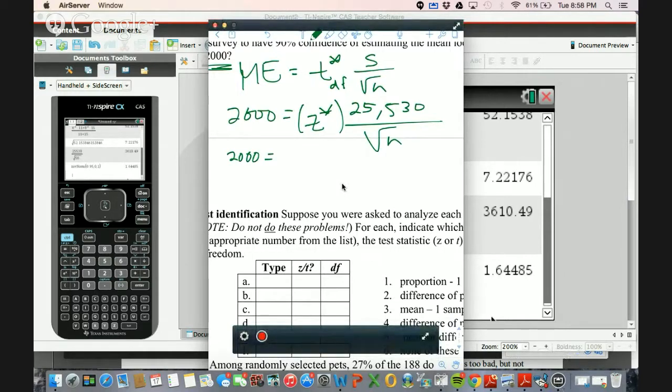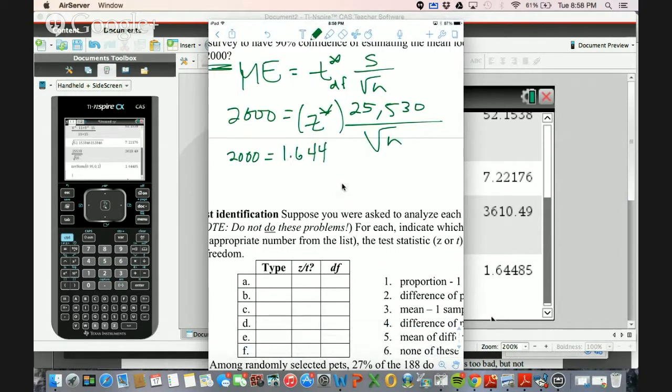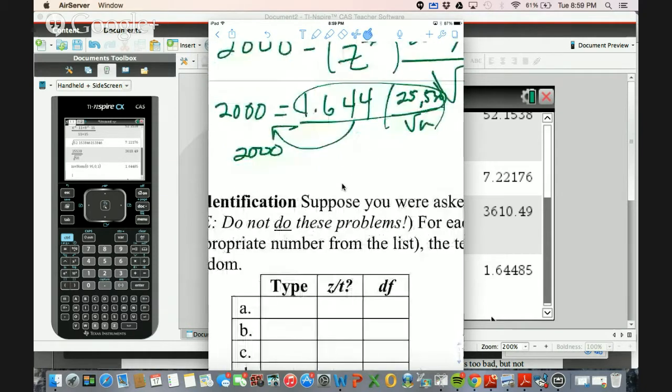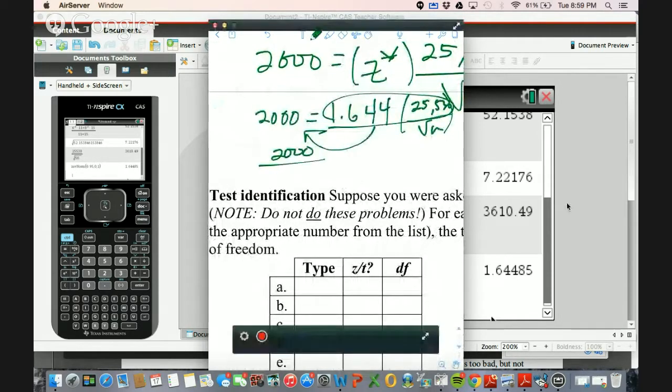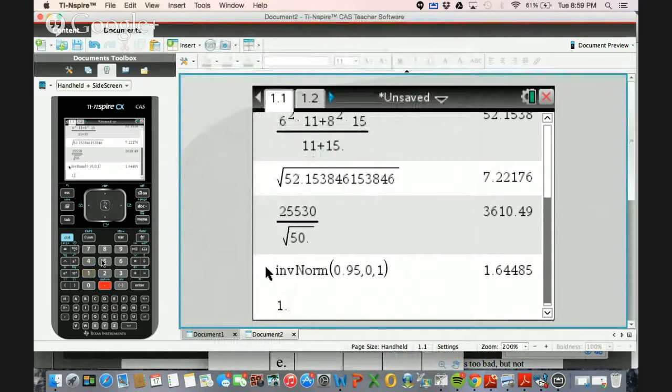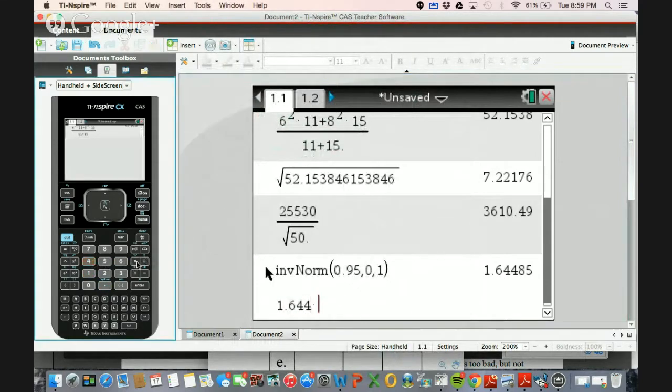So 1.64 times 25,530 over root n. To solve this, let's do a little algebra here. I'm going to multiply these two and then divide them over. So I'm going to have 2,000 divided by 1.644 times 25,530,